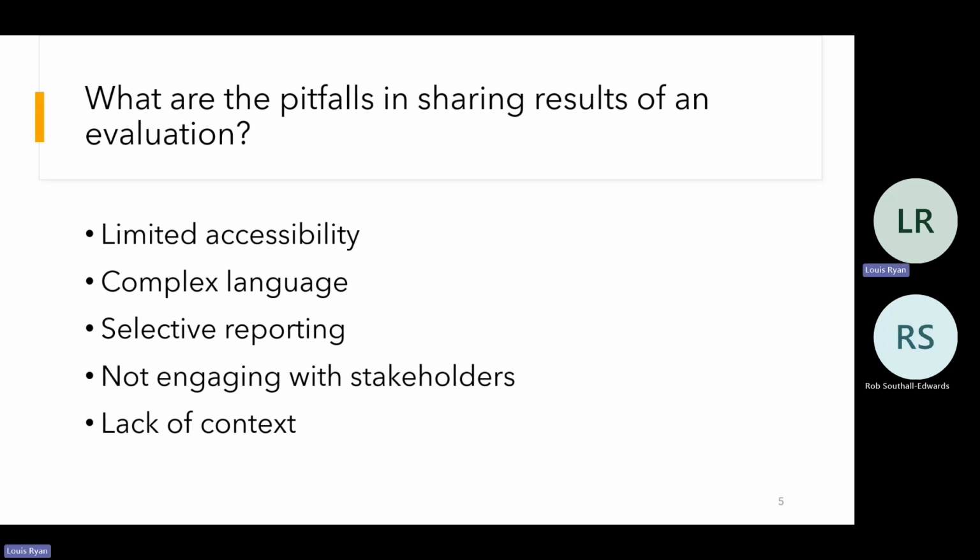Slightly negative, I guess, in terms of the pitfalls of potentially sharing an evaluation. And we talked about it in terms of funding. If we're reliant on funding, people might not be as open because of the findings not supporting what is needed. And it's not just about that; it could potentially put people off engaging or sharing an evaluation. And Rob, it'd be great to get your thoughts on whether you agree or disagree, or some examples around the language or the accessibility of potential evaluation reports or evaluation findings.